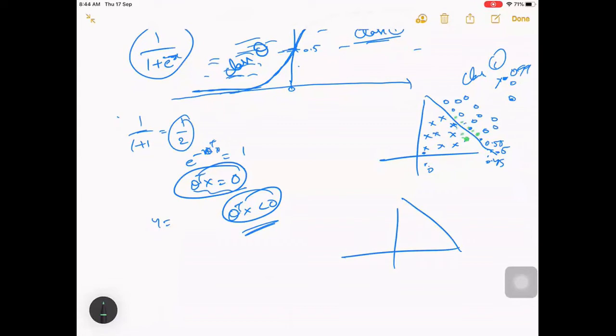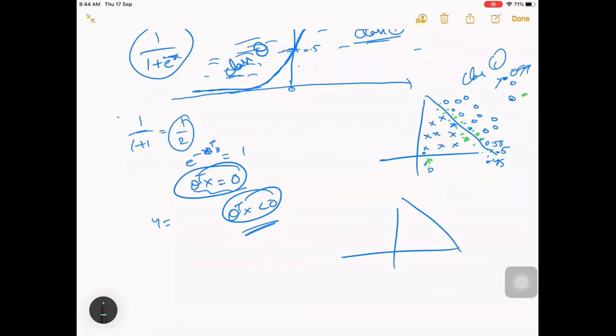It will be near, with very little confidence to tell if it is class 1 or class 0. But if it is farther away like this, then it will be very confident, right? On both sides, when it is far, it will be very confident to tell that it is 0.